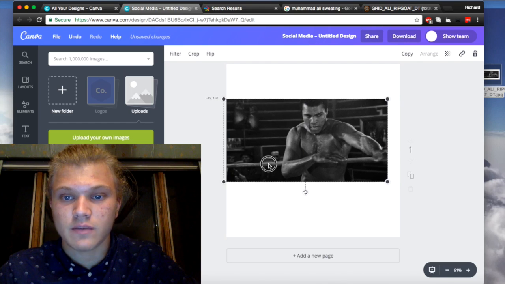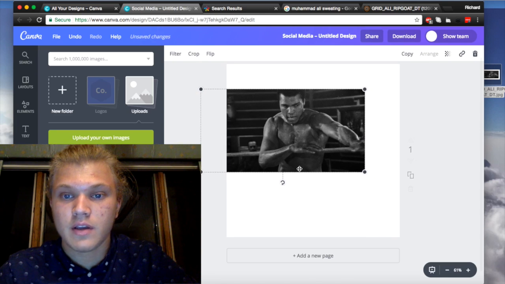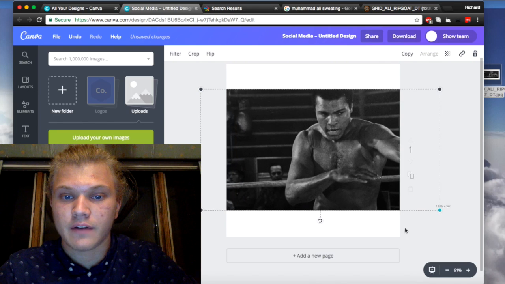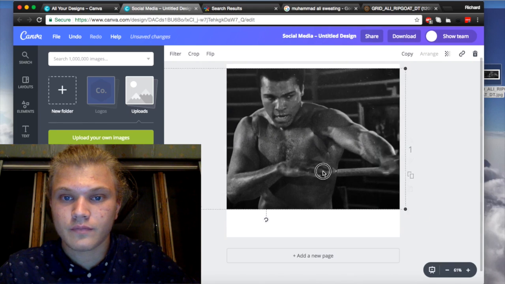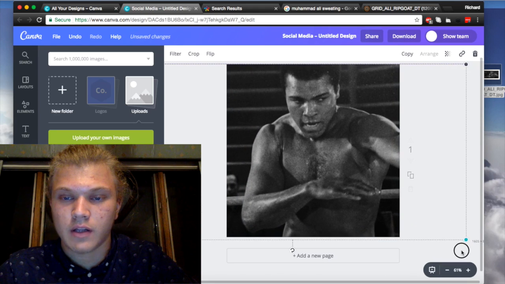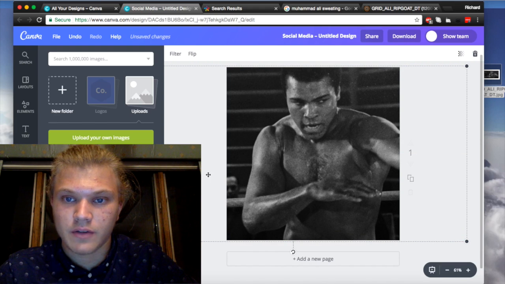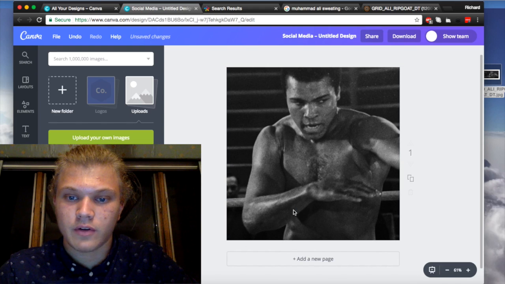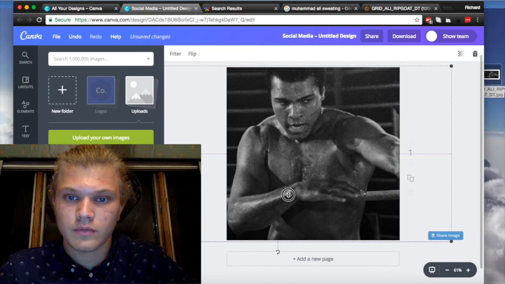So unfortunately, this is a rectangle, so what we're going to have to do is either cut it out or crop it. So usually it doesn't really matter if it's outside the photo. Now we're going to see how blurry it looks and if we need to make it smaller or not. So I think it looks just fine. So that's the photo. We're going to center it a little more. Right there.